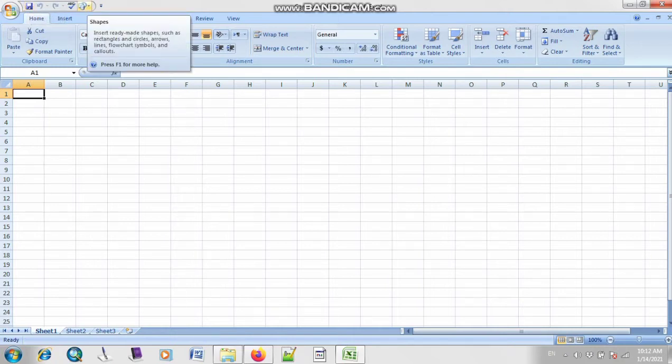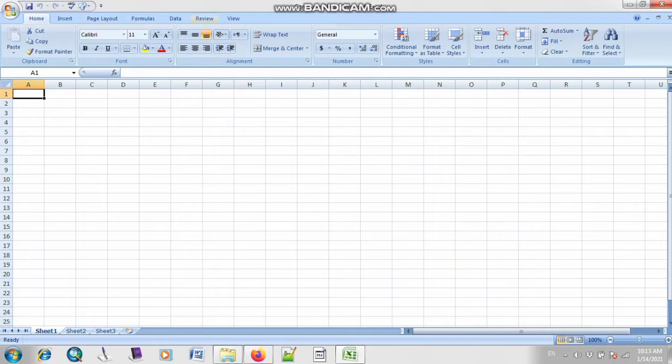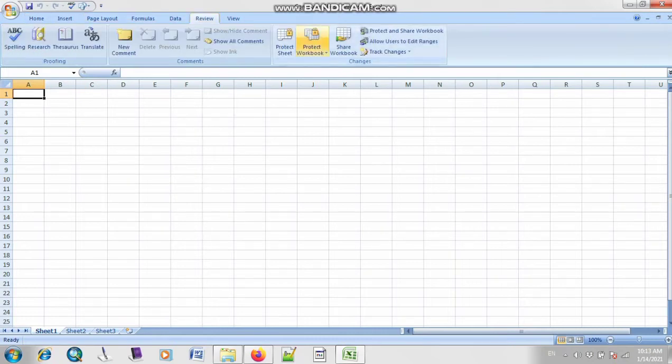Right, this bar is basically known as the quick access toolbar. Now what is the use of the quick access toolbar? Fatima, tell me, what is the use of the quick access toolbar? Right, the quick access toolbar is basically used if you want to insert your features or icons in this bar, so that you don't have to find them on your different tabs.